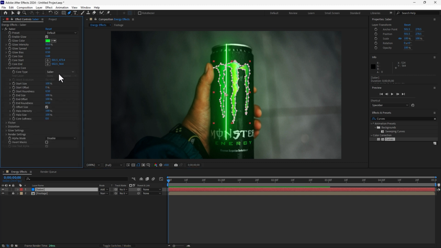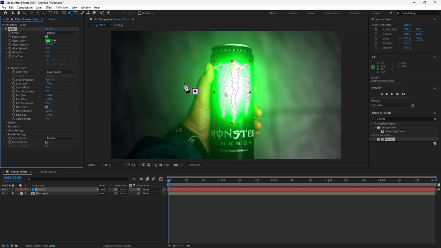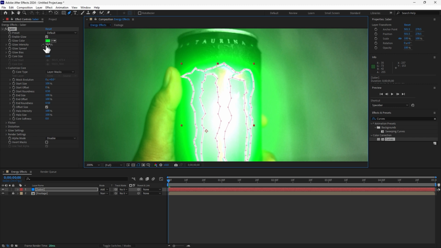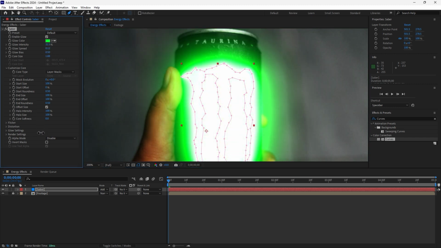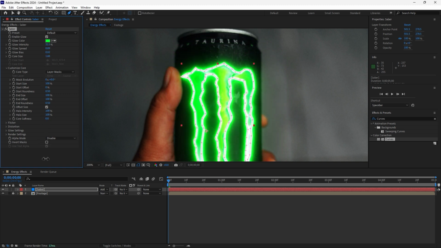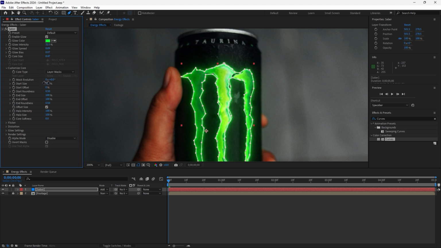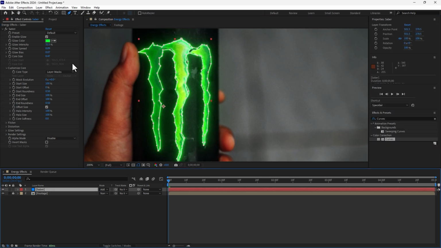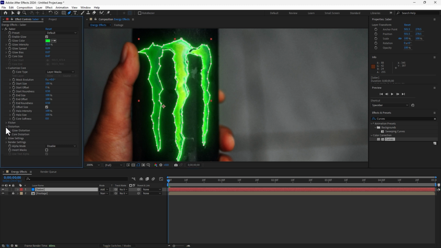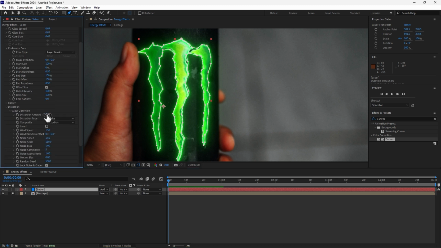Click here to expand, and then change the core type to Layer Mask. Okay, now hold Control on the keyboard, change the glow intensity, change the spread, change the bias, change the core size like this. Now select the Saber Light solid again and go to Distortion, Glow, hold Control, and change to Energy